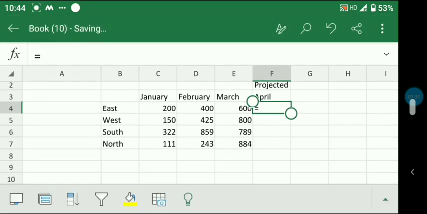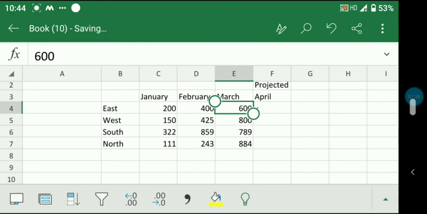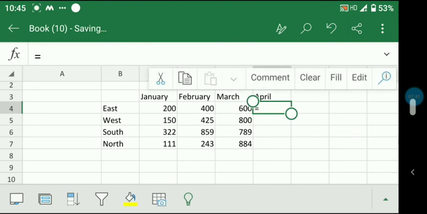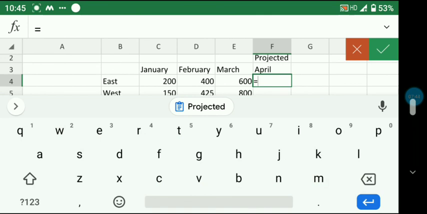So what is the sales achieved in March? It means 600. After choosing here, next you will choose the 600 part,